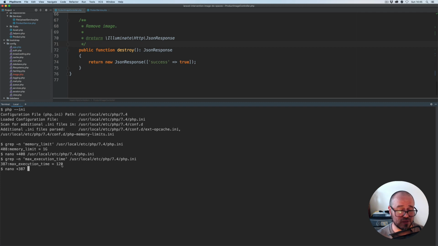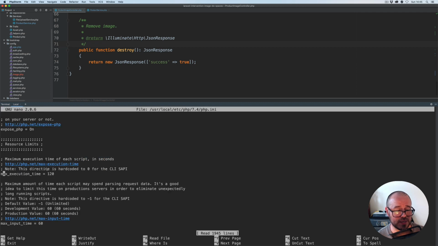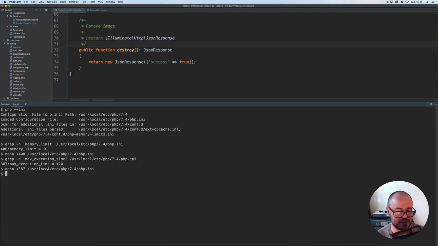By default, it was 30 seconds. So I've got it to 2 minutes here. And obviously, again, the same thing. And you can then change it to however many minutes you want. 120 seems quite decent, so I'll stay with this. The next thing, because I'm using Valet, Laravel Valet, I also need to update the Valet